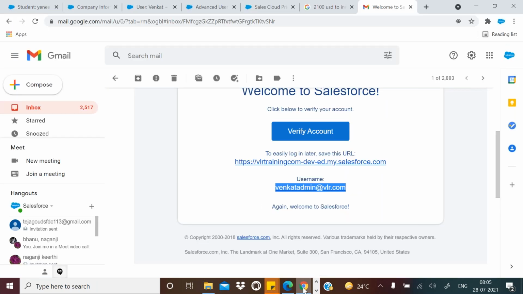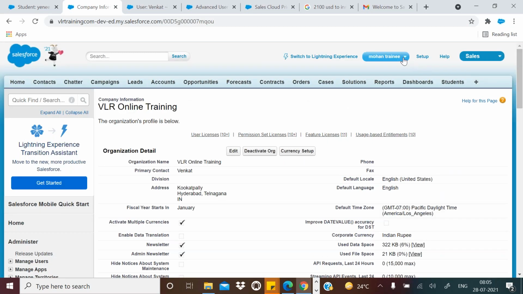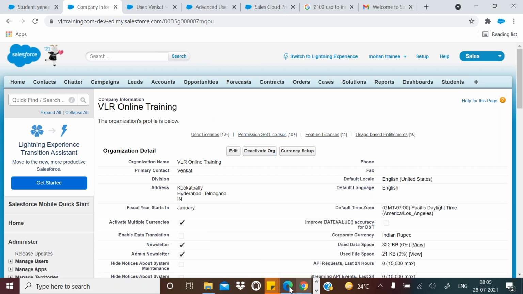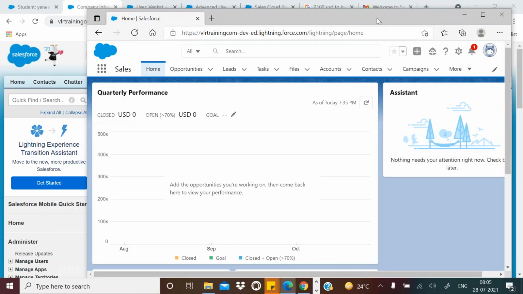Did you observe? And see, this is a Chrome browser. So from Chrome browser, see, Mohan logged in. From Chrome browser, Mohan logged in. So see here, taskbar, you can see my taskbar. This is the Chrome browser, okay? And Mohan is logged in. And you can see my taskbar. Now I am going to open Edge browser. Okay, let's see.